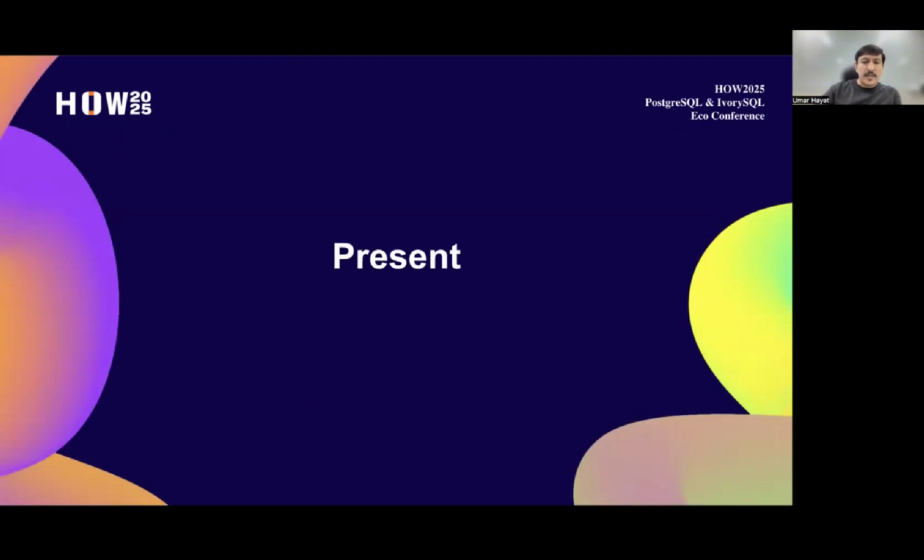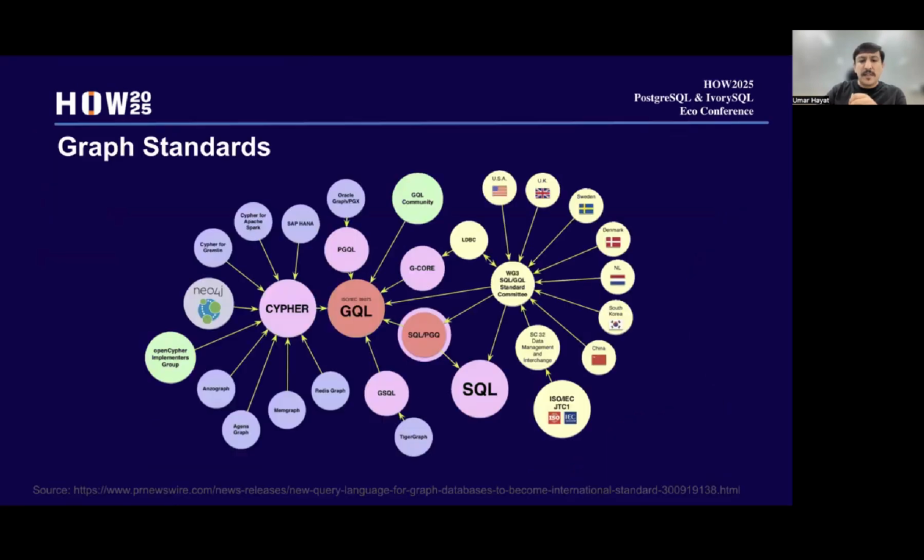Now, if you look at the present, or maybe not exactly the present, these couple of years, there were a lot of graph standards. How it will affect the ongoing development, I will tell you later. A few years ago there were a lot of different bodies working on different graph implementations, and there are different databases available which use different syntax for the graph data.